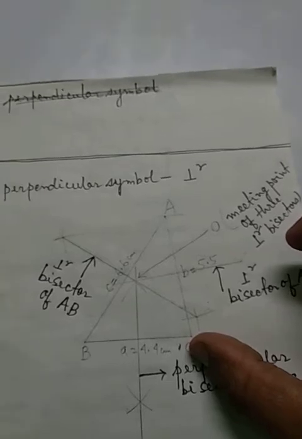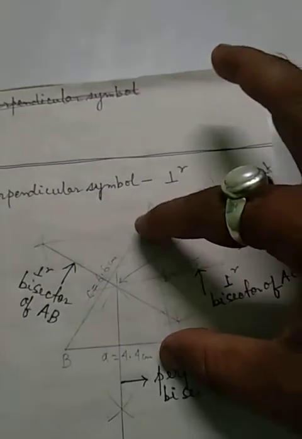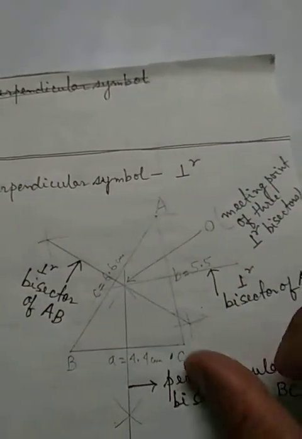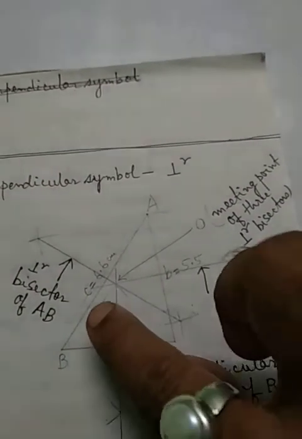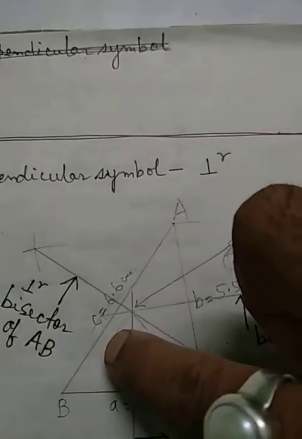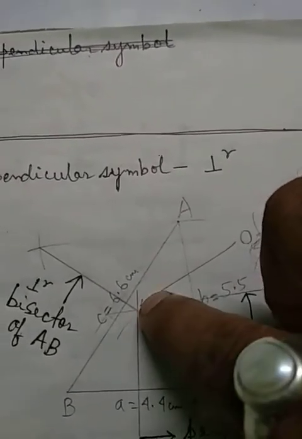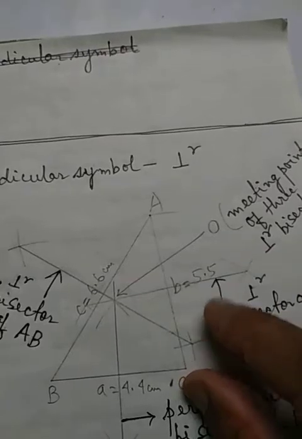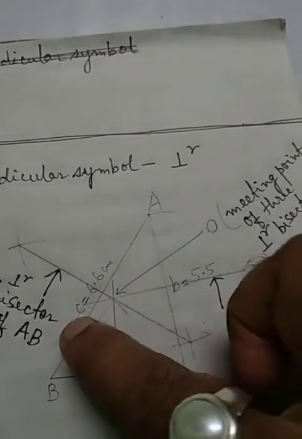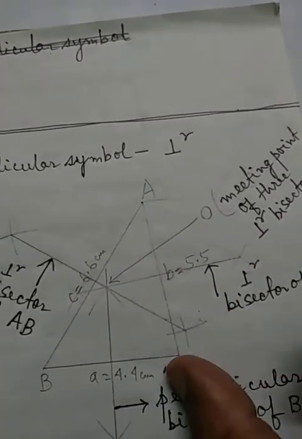And when you make it a little less, then again, from the vertex C, I have to cut left of the line and right of the line. So from the vertex C, I am cutting left of the line here, this arc. And the same work I am doing on the right of the line. Left of the line, right of the line from the vertex C.